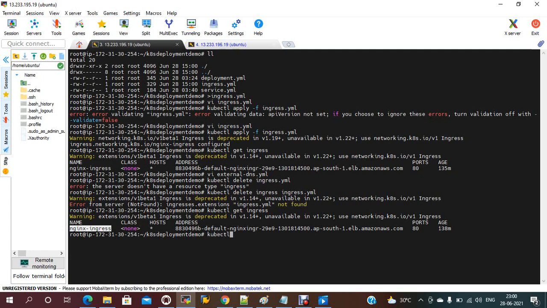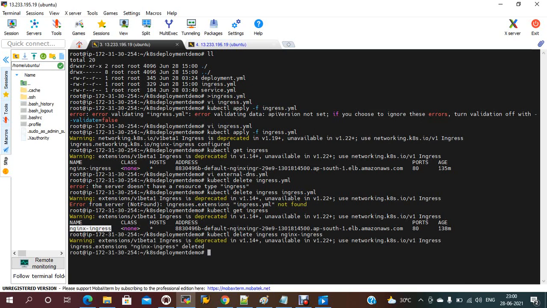Now the ingress name is nginx-ingress, right? That's why it is not able to delete it. So go back, delete ingress nginx-ingress. Now it is deleted.